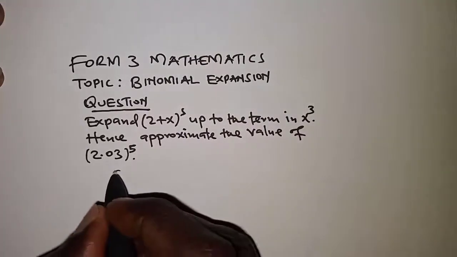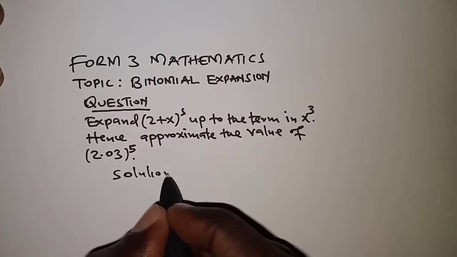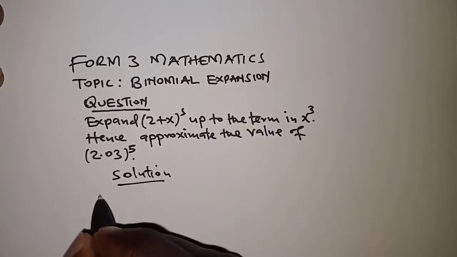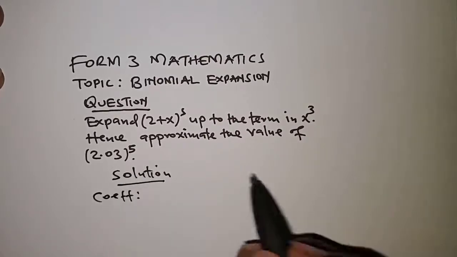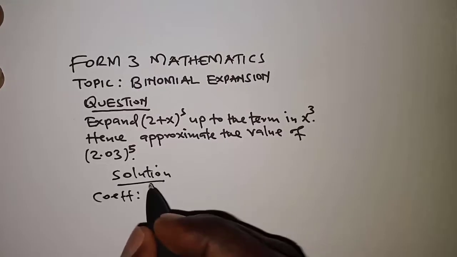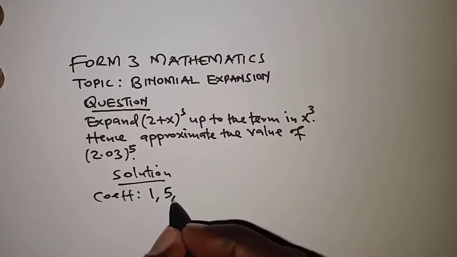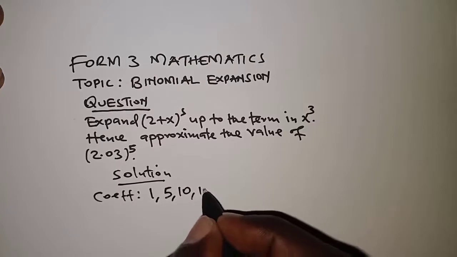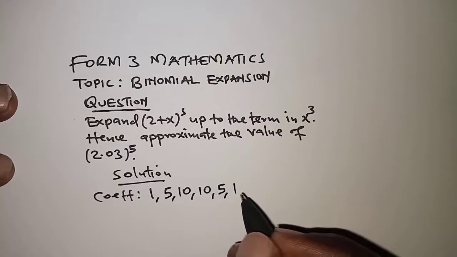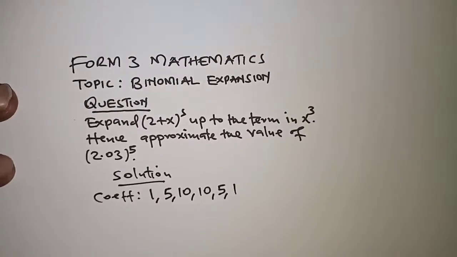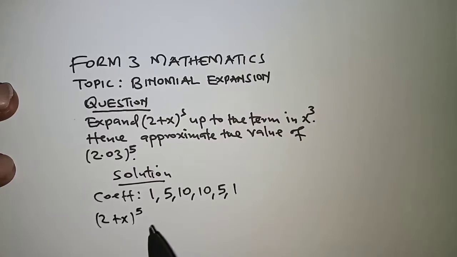So here we are going to first of all begin by looking at the coefficients when the power is 5. So we have the binomial coefficients as 1, 5, 10, 10, 5, and 1. So, we are going to have (2 + x) raised to power 5